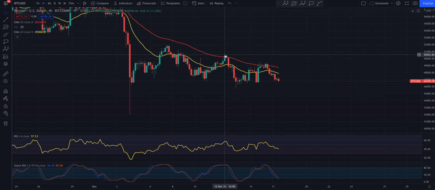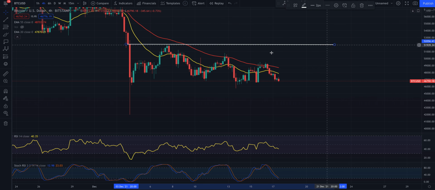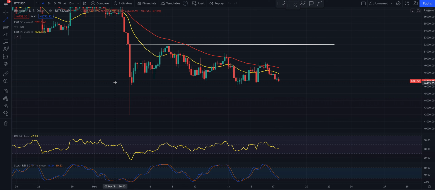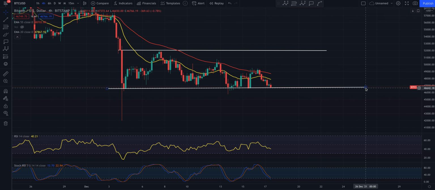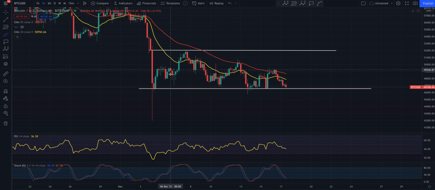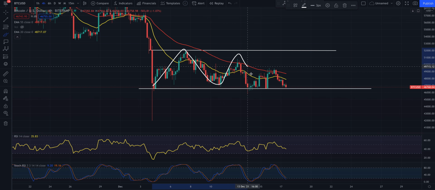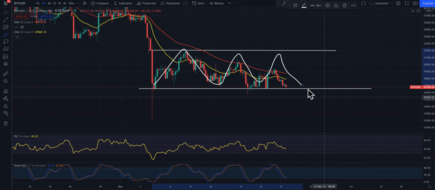Right, so you can see here on the 4 hour, you're literally ranging. Look, you've got this level of resistance above yourself on the 4 hour, and you've got this level of support, I do believe, right around there. Bitcoin's coming down to that level right now as we speak, I do believe, or it's wicking to it. So you are literally ranging, and this is basically accumulation. You know, you're coiling up.